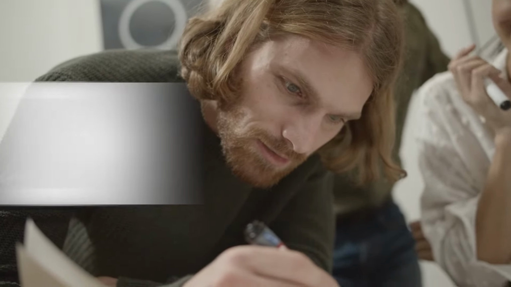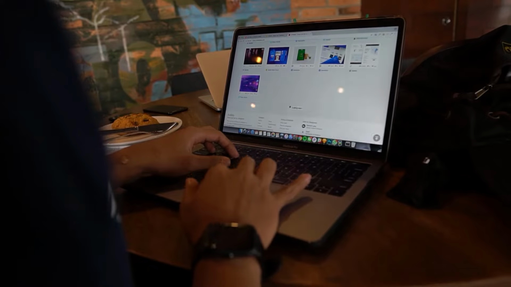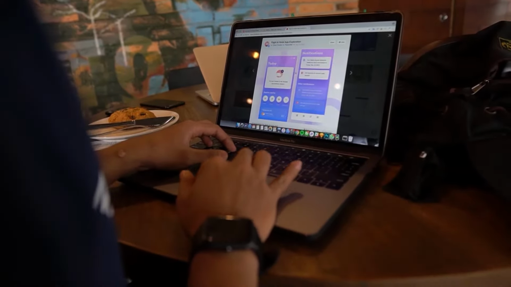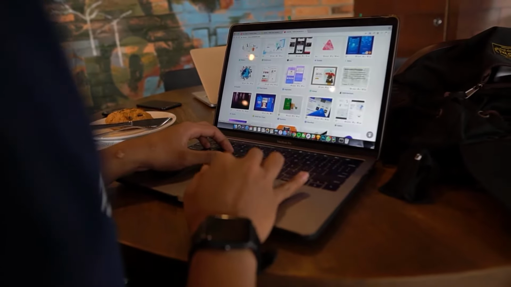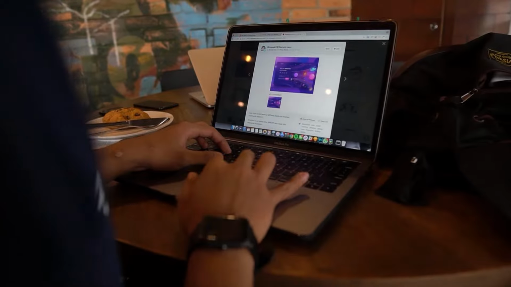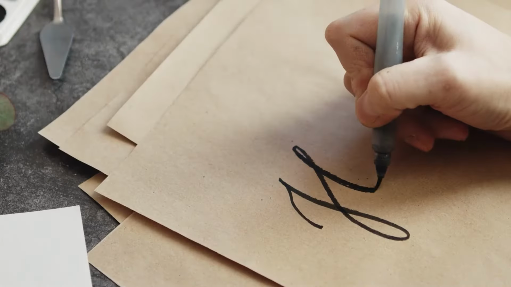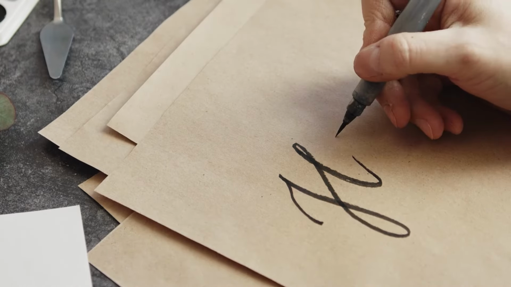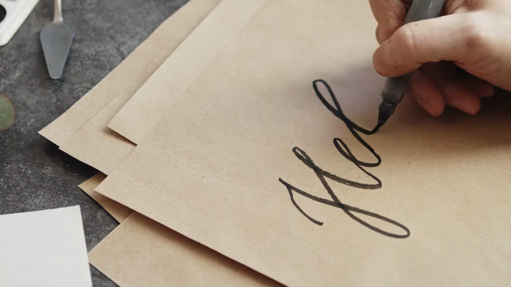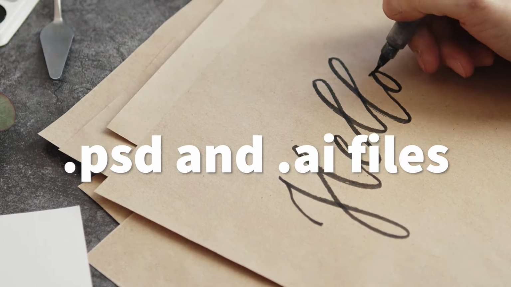So I don't want to drag this video out too long, I just want to keep it short and simple, so we're going to touch on the last thing here. We all know that Adobe is the industry standard, and it's no surprise how many people use it. While there are a lot of third-party apps that make Adobe Express better, such as Adobe Fonts, Google Drive, and OneDrive to import more files, it's nothing too new for Canva. But we have to note this one thing. In the new Adobe Express, you can open Photoshop and Illustrator files, and with this, I've come to a conclusion